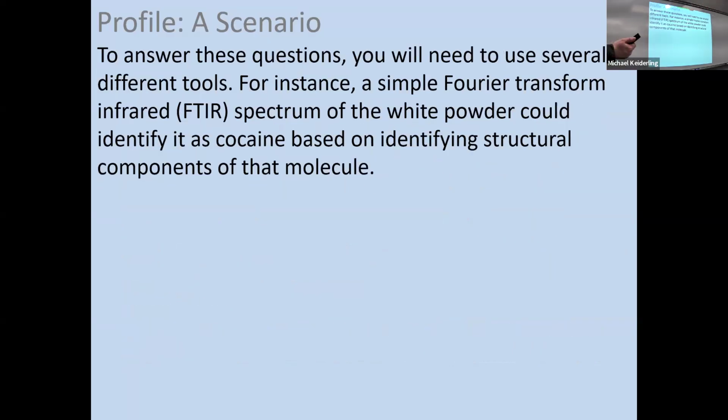You'll need to use several different tools. So a Fourier transform infrared spectrum of the white powder could identify whether it is cocaine based on various identifying structural components of the molecule. So it's a fairly straightforward process. You take the white powder, you collect a sample of it, you do probably,